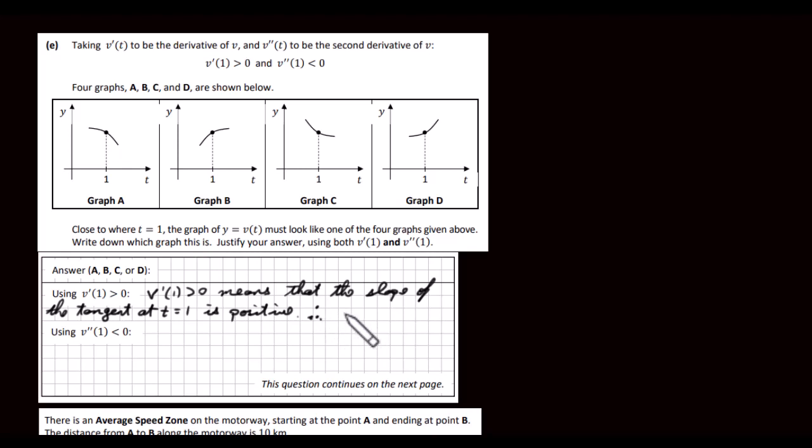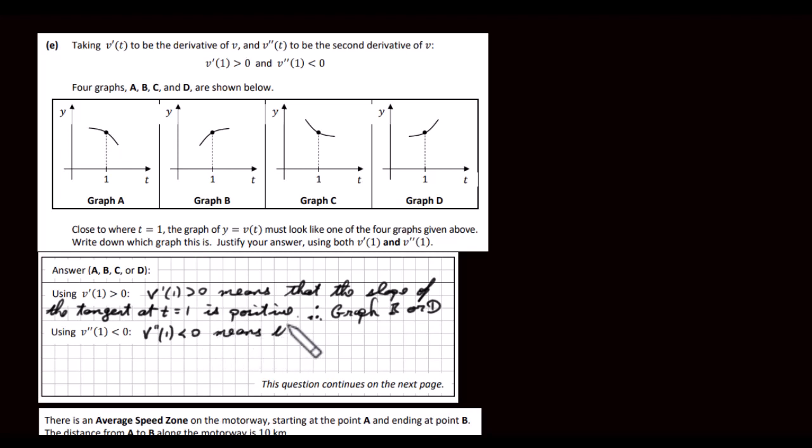Therefore, we would be looking at graph B or D. Now the second derivative is going to be negative. I don't give you a lot of space to write this, so let's hope I can get this in here. Let's see, v double prime 1 being negative